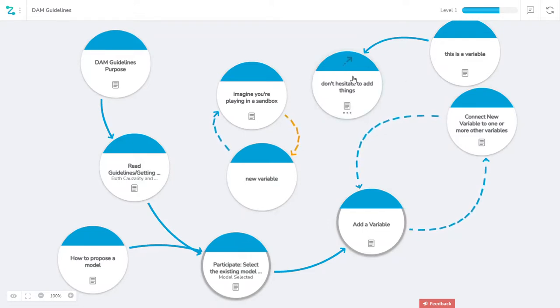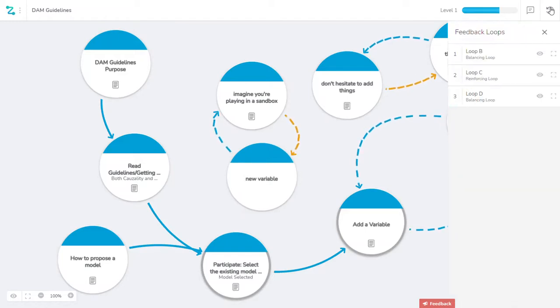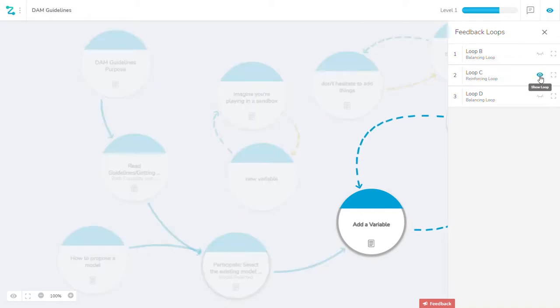And if you in fact create a connection in the opposite direction and label it this, notice that the connections turned into what some people call running ants, and Causality knows that it's a loop. And if you look over here, it identifies the loops, and we will add labels to the loops at some point in time. If you click the little show loop, it shows you that loop, and this will focus it.